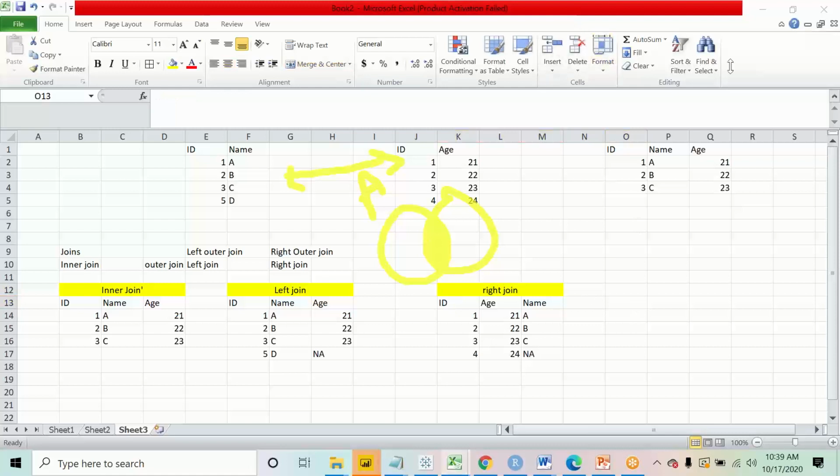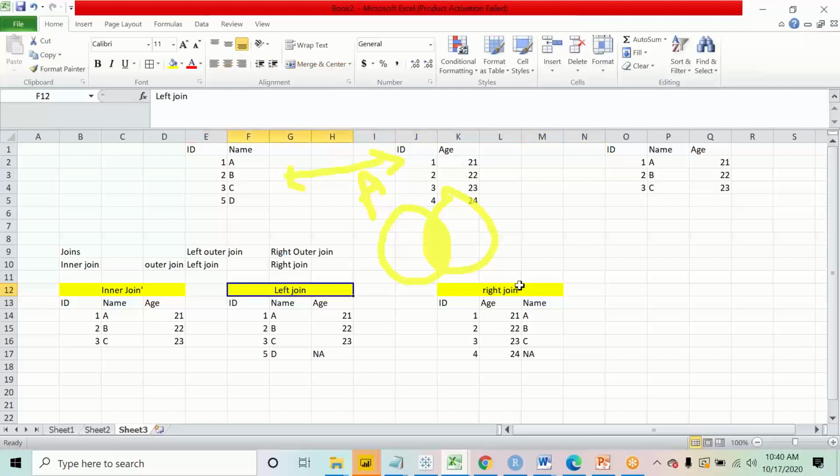Okay, so Rishabh, you have a question over here. You mean all the left data set will be in the new data set, and in the right data set only different? So this is a new data set that we are making, Rishabh. This is a completely new data set that we will create. In that new data set that we will create after merging these two tables, this is how the output will look like. So Narendra, I'll come to that point. First of all, let's try to understand these joins, how we work with the two tables.